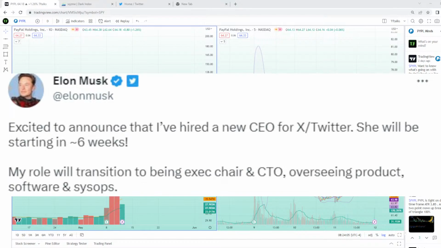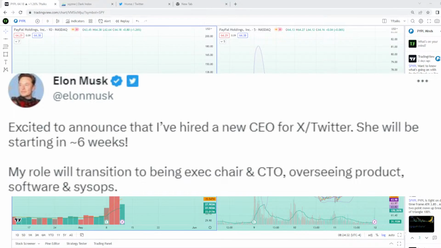So he's using "she", she will be starting in 6 weeks. But Elon Musk didn't give any information about who will be the CEO for Twitter. So we'll see. But this news is actually good news for the stock of Tesla,